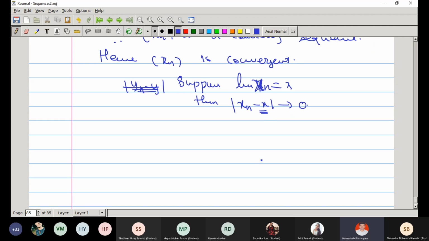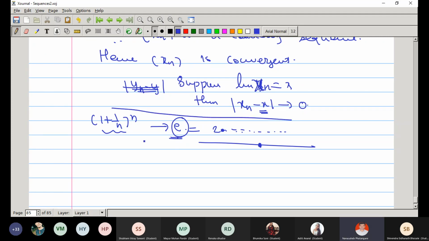You may get a limit like e, right? So 1 plus 1 by n raised to n. What is the limit e? So e is a name for the limit of this function, but what is the exact value of e? 2 point something, but you cannot have finitely many digits. On the real line, the number is somewhere, no doubt its position is there, but when we write it in decimal, it is a very difficult task, right? And therefore we give the name e to this irrational number. In that way you can approximate it, right? So anyway,